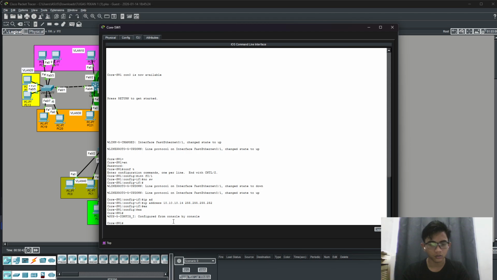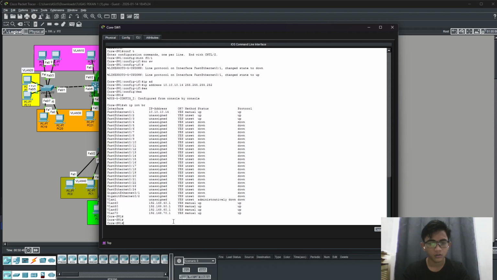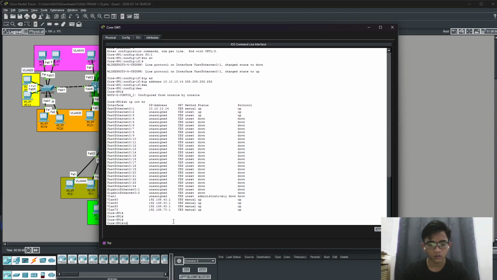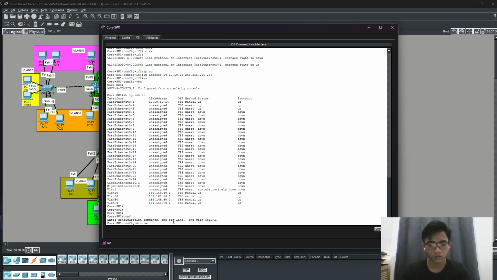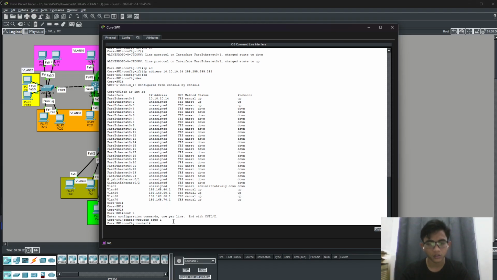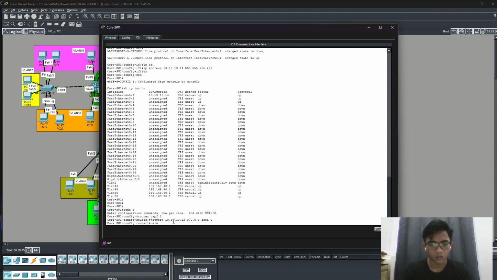Okay, now in MLS here, exit. So IP interface brief, configuration terminal, router OSPF 1, network is 10.10.10.12 and 0.0.0.3, area is 0 again.